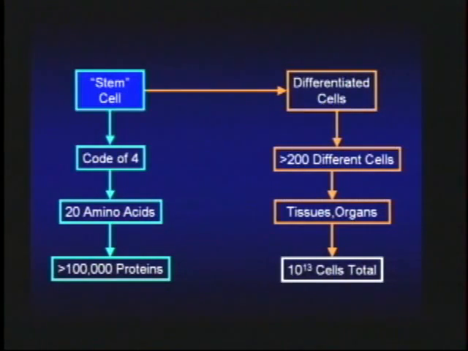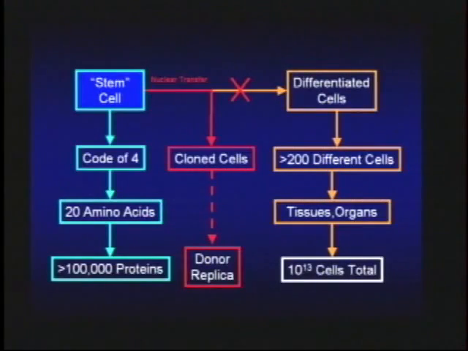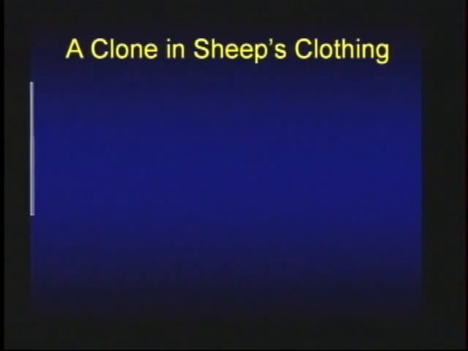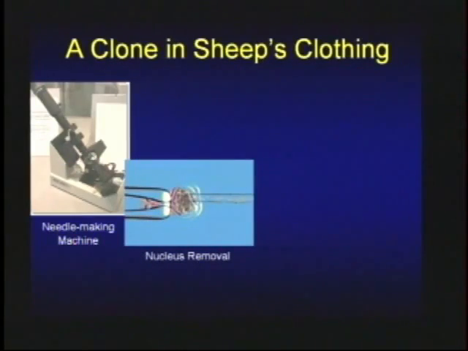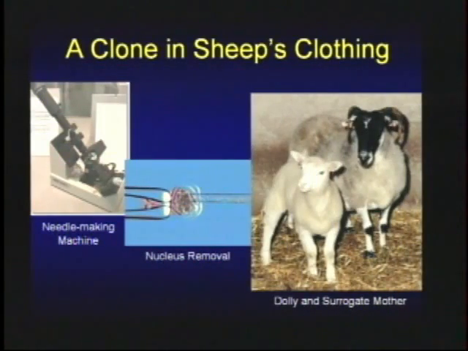Now, one of the crafts here is to take a nucleus from some other entity and take the nucleus out of the stem cell and put that nucleus in. It's called a nuclear transfer. That's what we call cloning. And you end up then with a replica of the donor. And that's what cloning is all about, properly called nuclear transfer. And we all know about a clone in sheep's clothing, the famous Dolly sheep in Scotland. A needle-making machine is the key to the whole thing, where they were able to remove the nucleus and insert a nucleus of